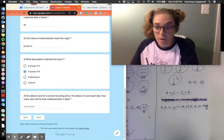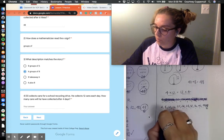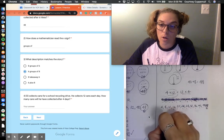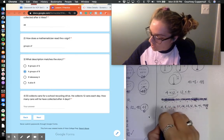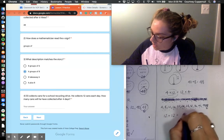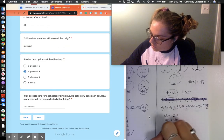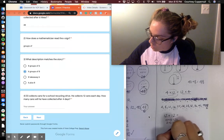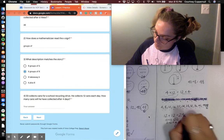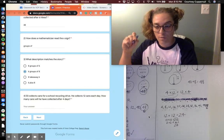Another way I can think about to solve this is repeated addition. So if I have 4 times 12 as my original one, right? I know that means I'm going to add 12 4 times. So I can do 12 plus 12 equals. I can break this apart and think about this as 10 plus 10 equals 20. 2 plus 2 equals 4. That's 24. So if I know 12 plus 12 equals 24, I can either then do 24 plus 12